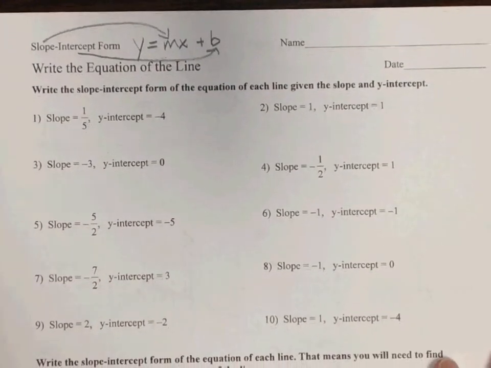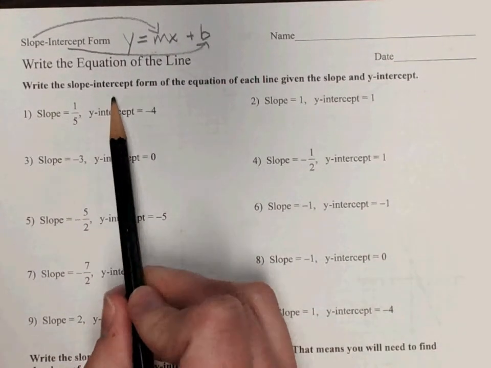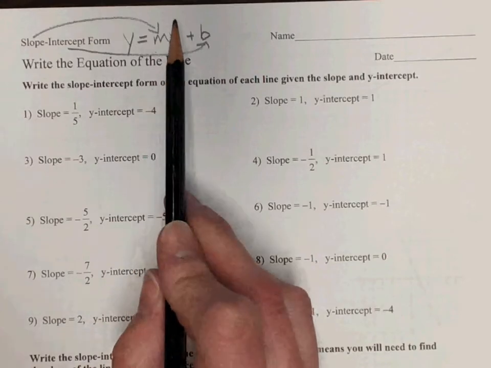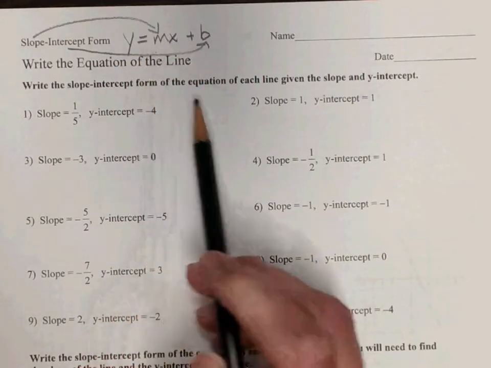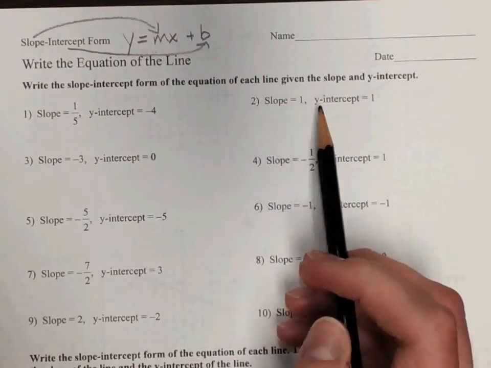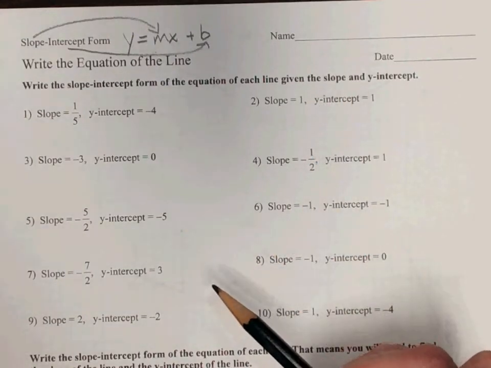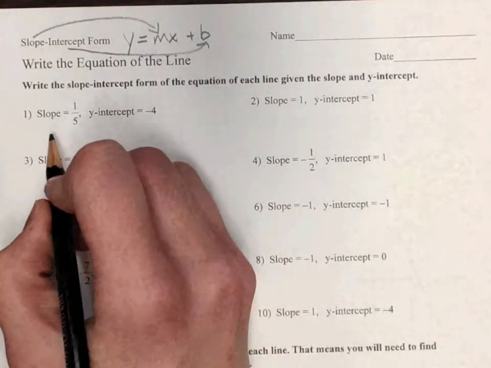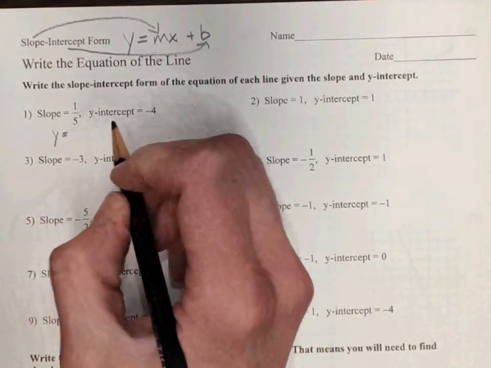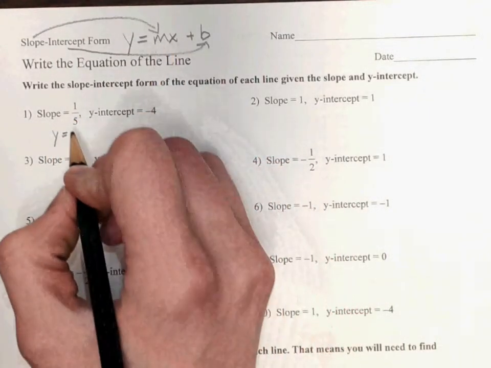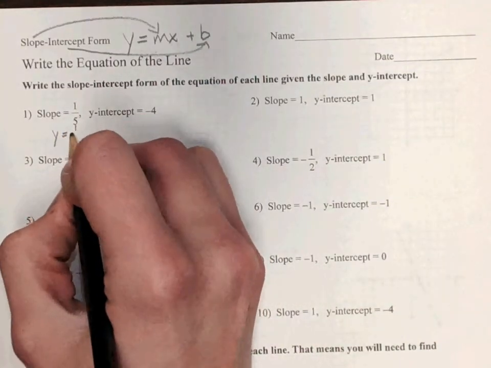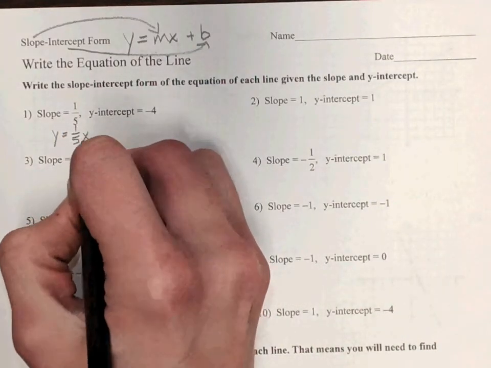So down here, for these first ones, it says write the slope-intercept form. I mean, it's got to look like this, of the equation of each line, and they're going to give you the slope and the y-intercept. The only two things that you need to do this. So here's how it's going to go. Number one, y equals, remember how we found slope and it's the one right next to the x? So that's where you're going to put your slope. Right up next to the x,